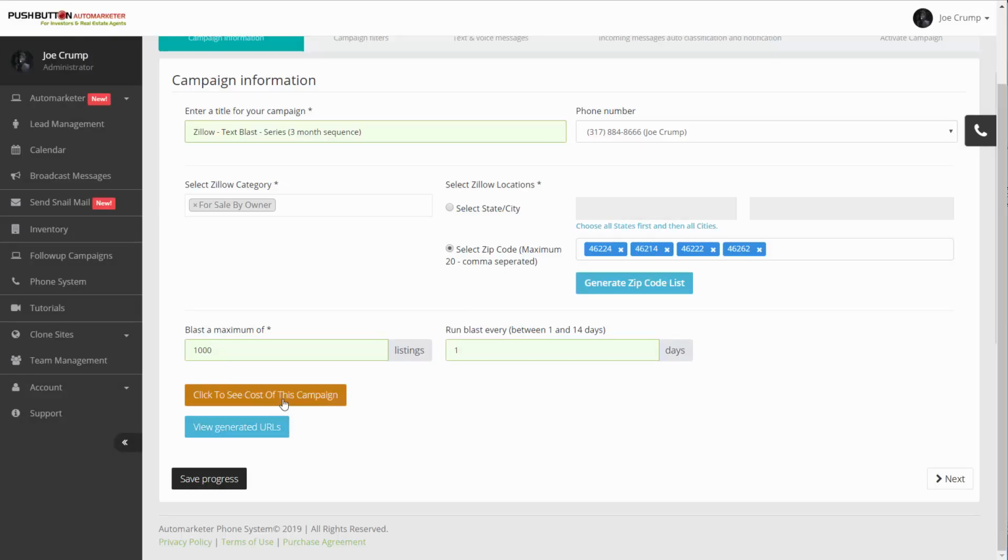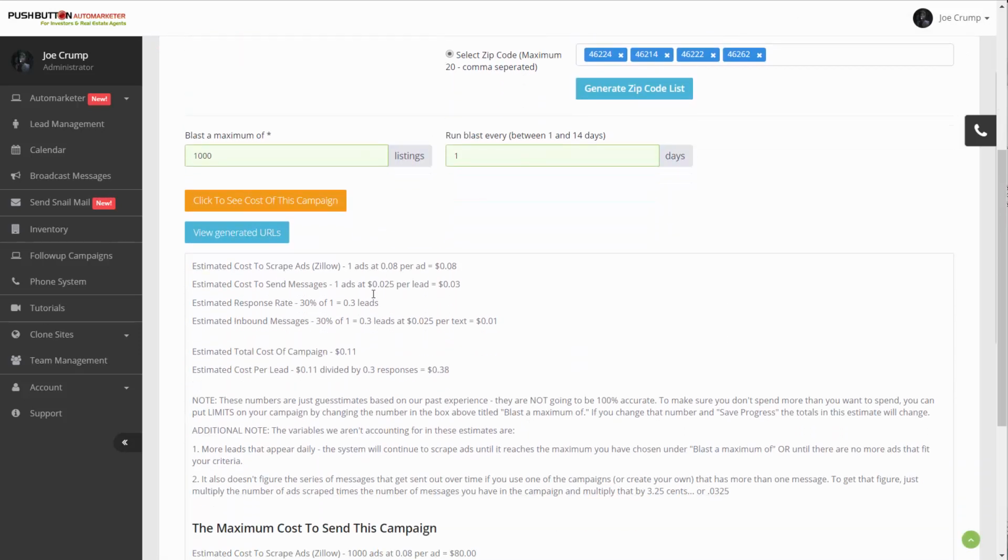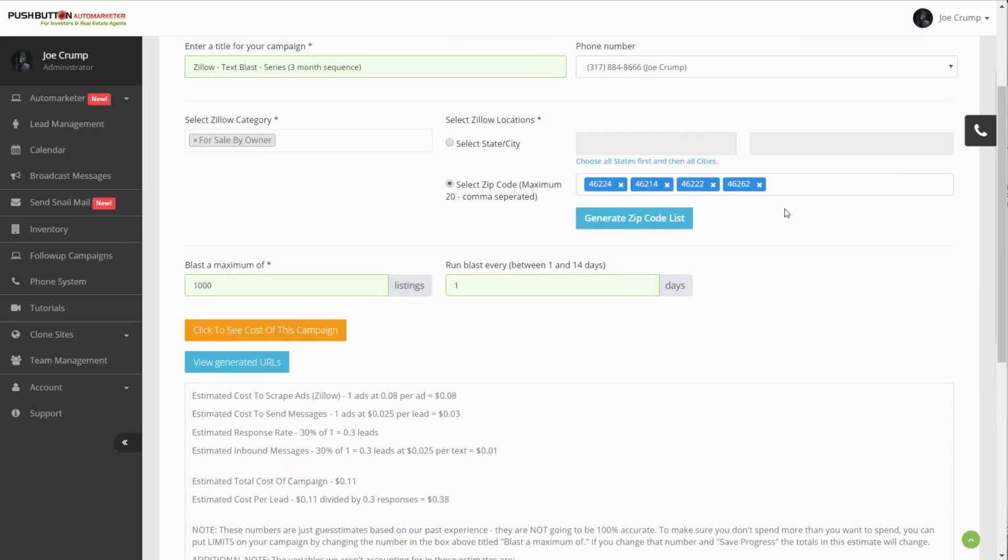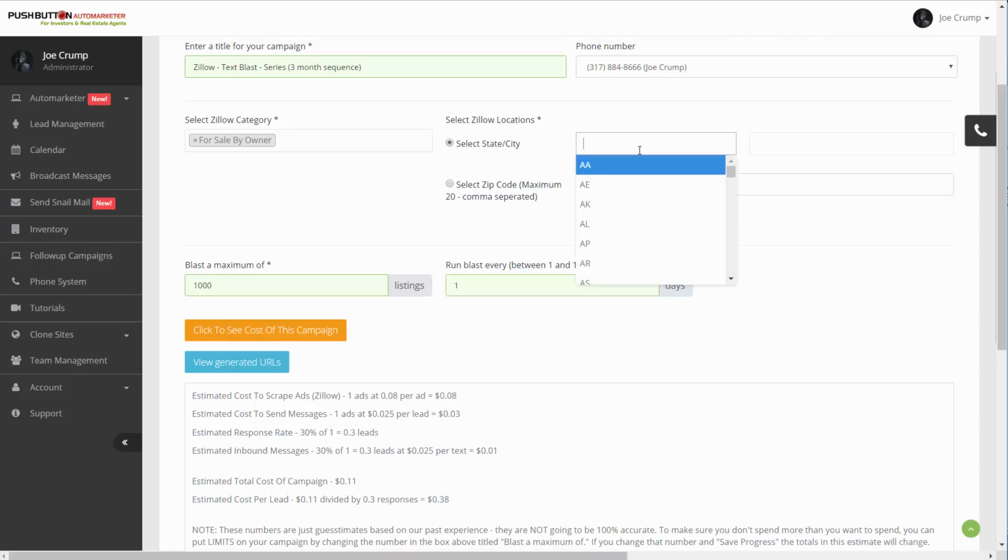Now, you can also click to see the cost of this campaign, and it's going to look at these areas that you've picked, and it's going to try to figure out how many ads are actually in those areas. This usually takes a minute, so give it a minute to work. So it found only one ad in all of these zip codes right now, which means it's not finding very many. Let's switch over here and put in Indiana